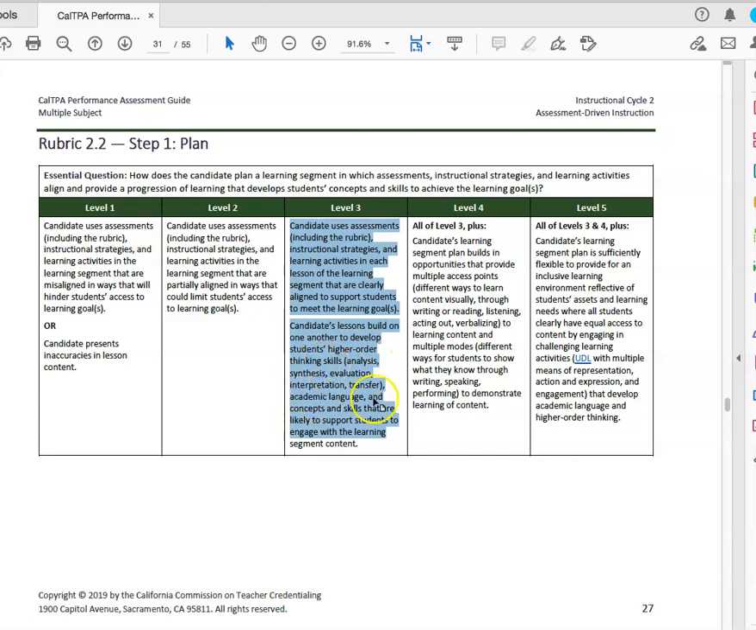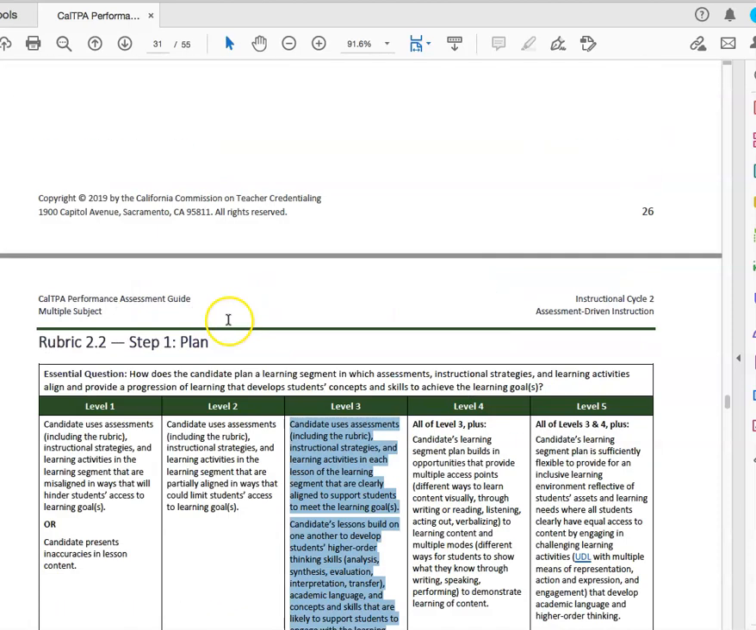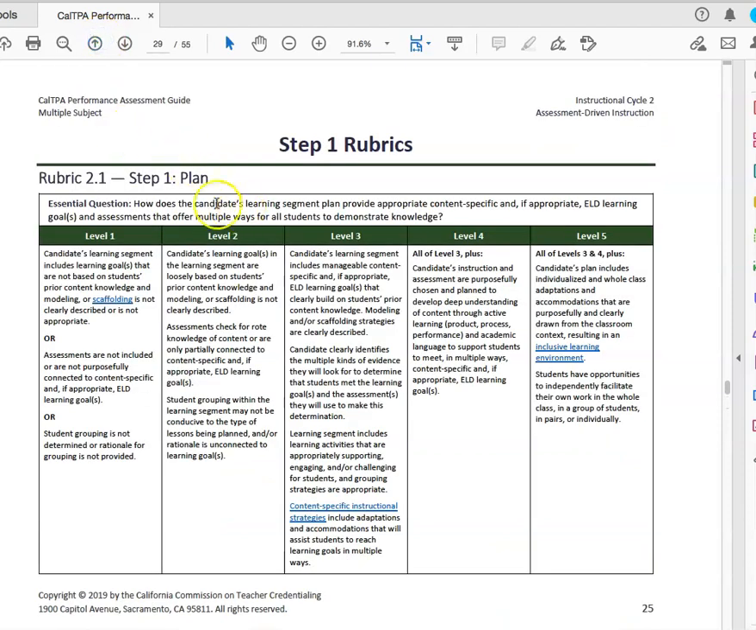Did you develop academic language and concept skills that were likely to support students to engage with the learning segment content? Once again, if they can answer yes to all of these, you'll move up to 4. If they cannot answer yes to those, they will move down to 2, and so on, respectively, each direction. So for step 1 plan, you have a rubric for the learning segment that assesses whether you have appropriate content